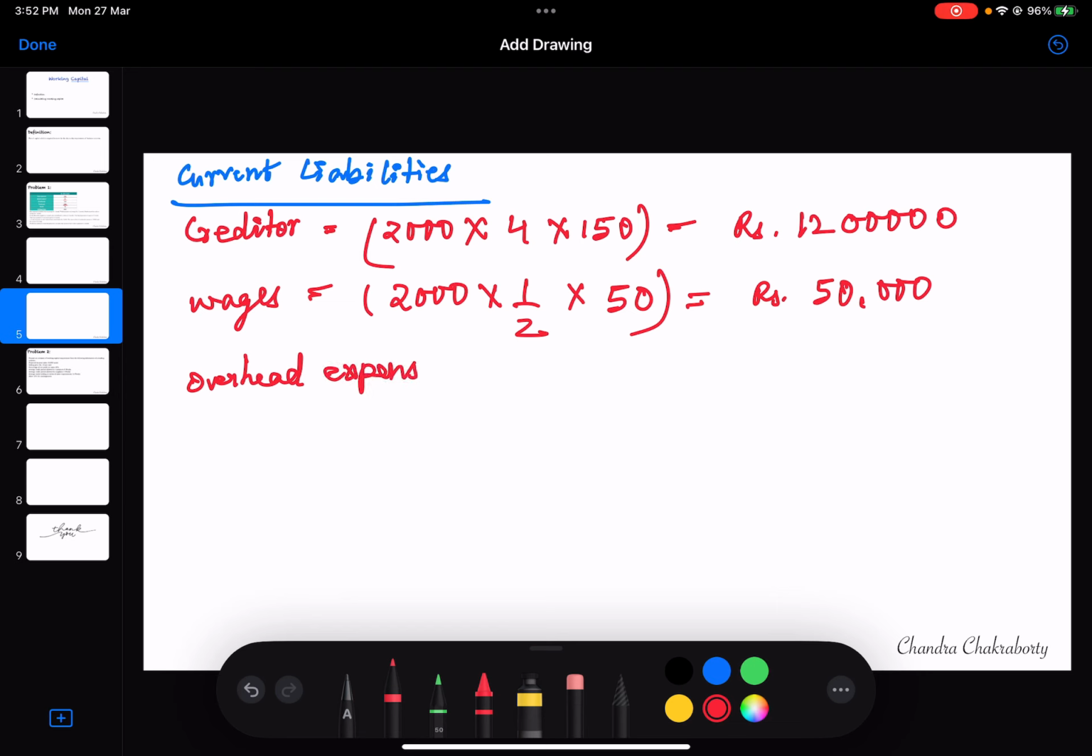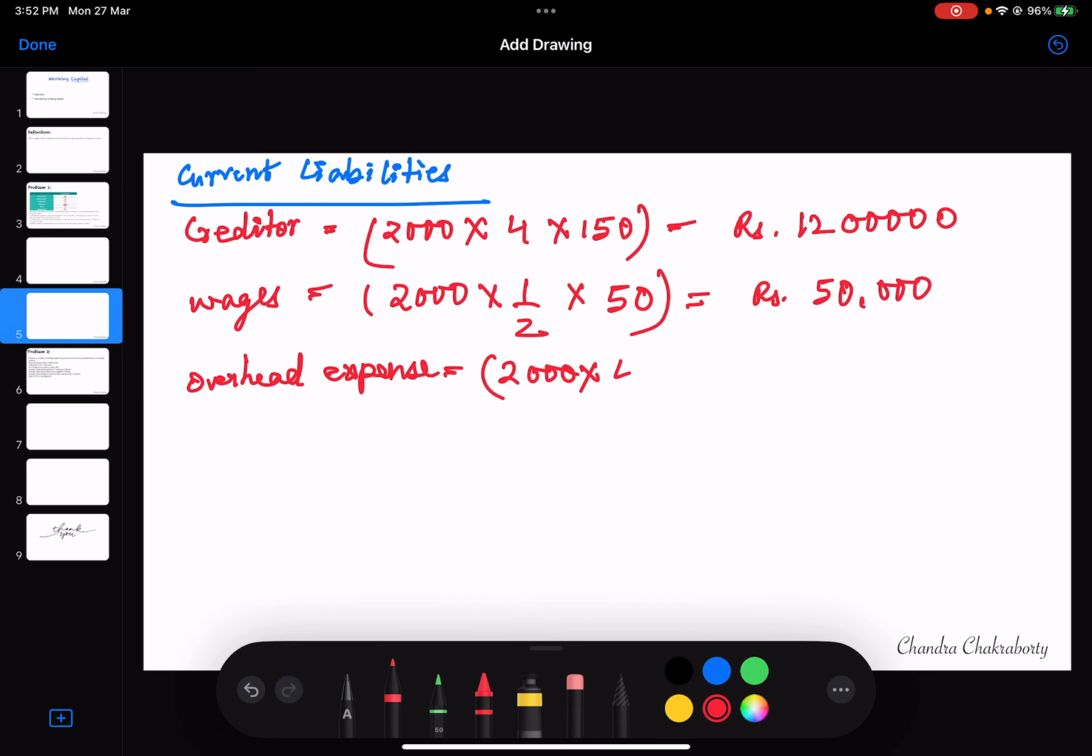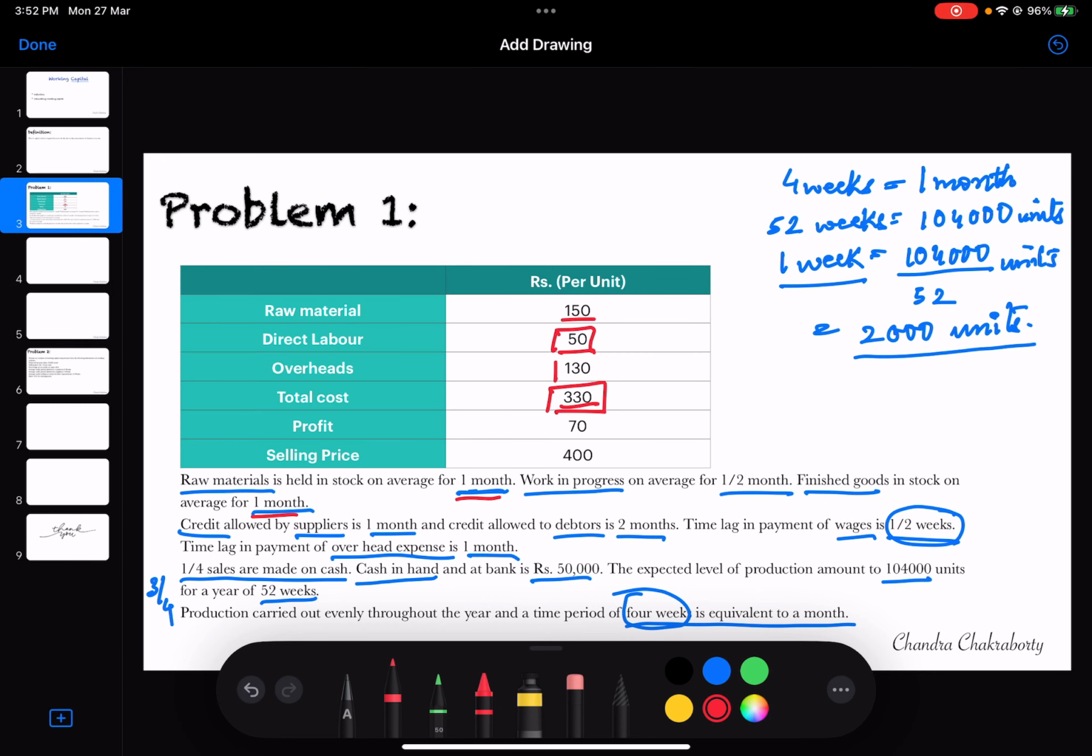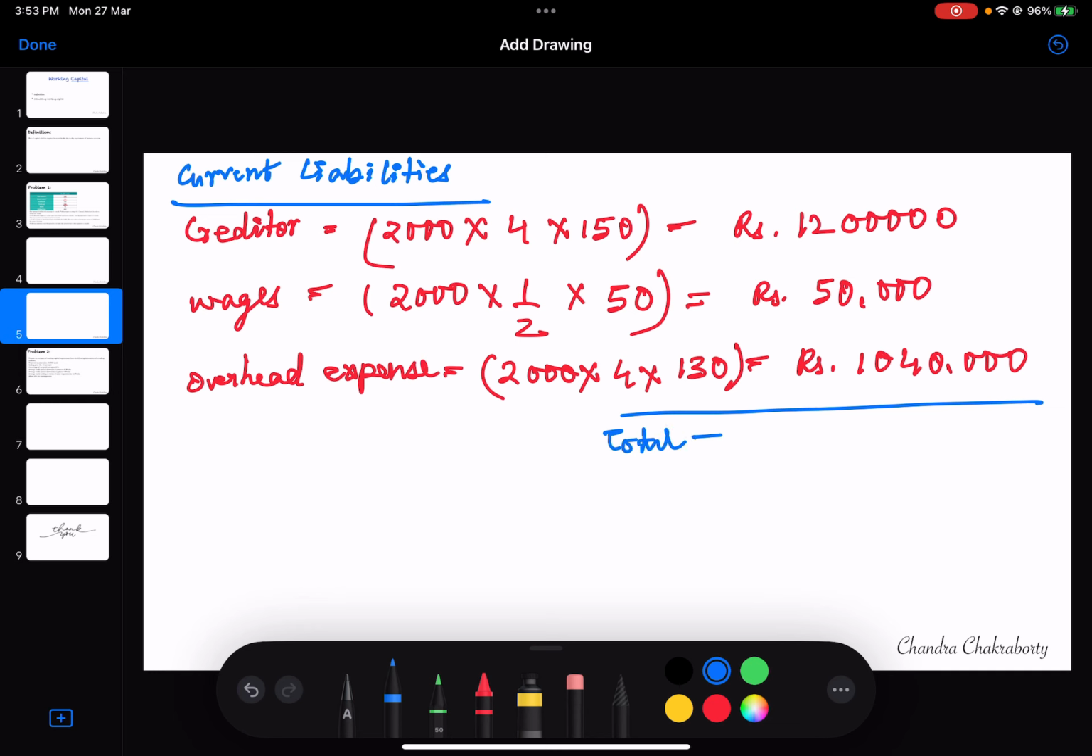And then the overhead expense, this is 2,000, and then overhead expense for 1 month, that means 4 weeks, and overhead expense here is 130, right? So it will be 130, and this will give you total as 10 lakhs 40,000. Okay, now let's calculate the total here. Total is 22 lakhs